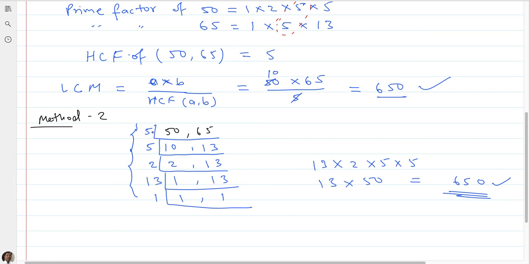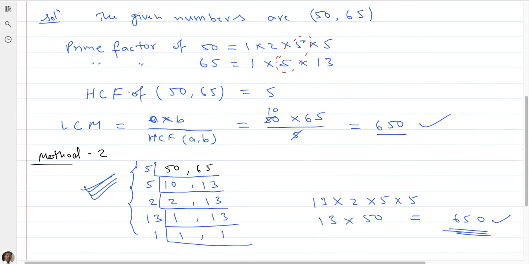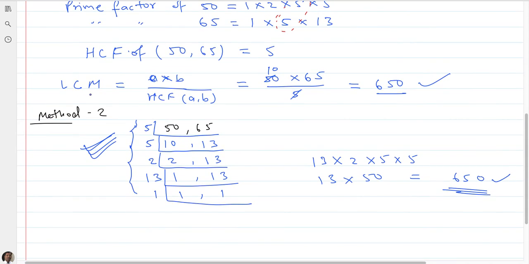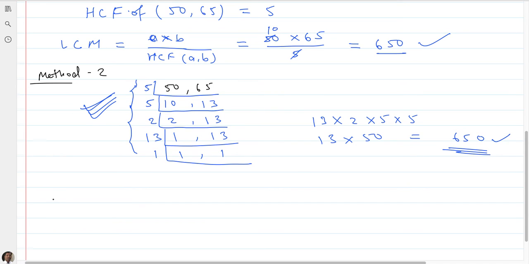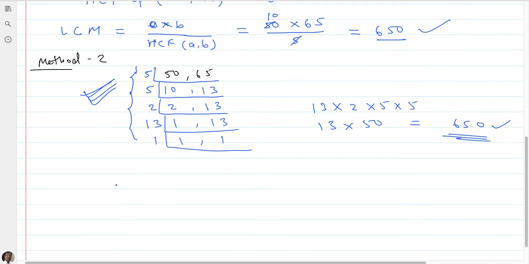So to find out the LCM, least common multiple, of any numbers, it is a very easy method. Use this method. Let's suppose here I gave only 2 numbers. In the next question, let's suppose I give you 3 numbers. Next example I will take here. Let's suppose I give 3 numbers, like 9, 4 and 8. Find out the LCM.